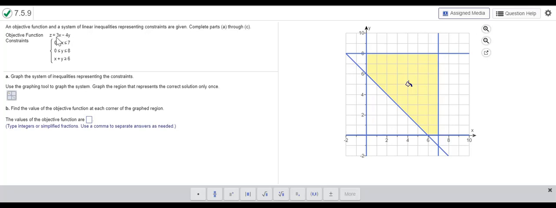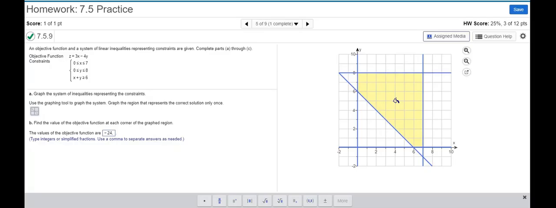So an x value of 0 would zero this out. A y value of -6 would give us a -24. Okay, now I'm just going to go on to the next corner going clockwise. So this would be this corner, and it's going to be the order pair 0, 8. So an x of 0 would zero out this x term, and then a y of 8 would give me a -32. So I'll just go down here and add it to my list,